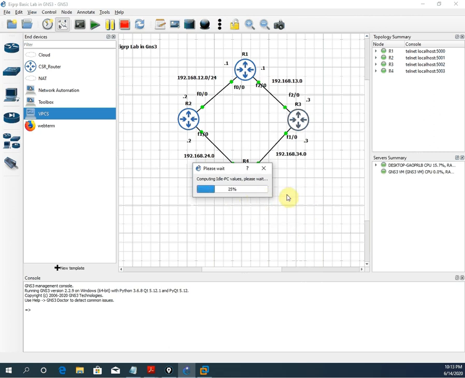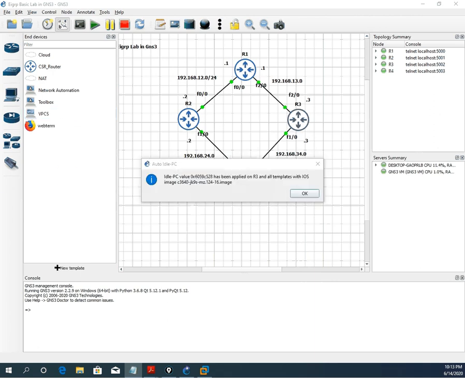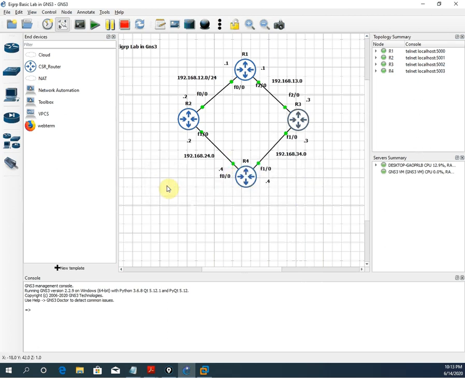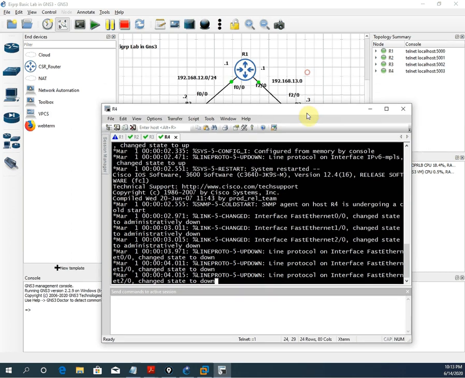So before that, let's discuss some commands, how we will write. A simple way we can write router EIGRP 1 and then network ID, and then we need to write no auto-summary. Like this we can do also. Okay, so let me start this switch, this button you can press like this, then the consoles of all these routers will start. Okay, see, it is starting all the router consoles.